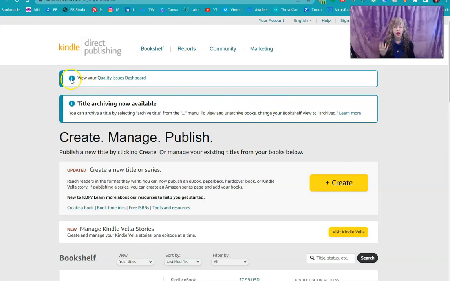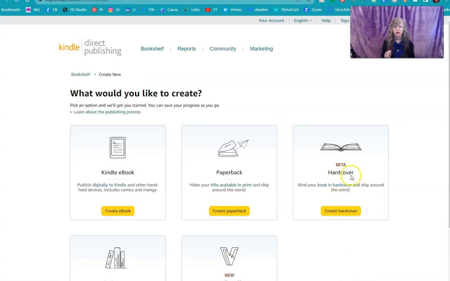That's what the little eyes are, like, information, pay attention to me. You read them as you need to. But the most important one that you'll be dealing with on this screen, if it's brand new to you, if you've not done this before, is that you just hit the Create button. And when you hit the Create button, it's going to take you to this screen,